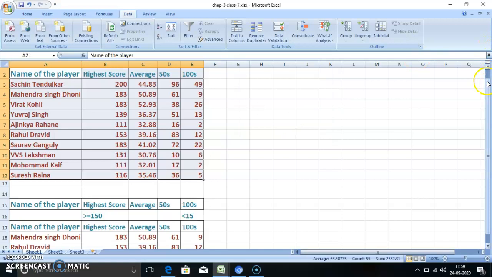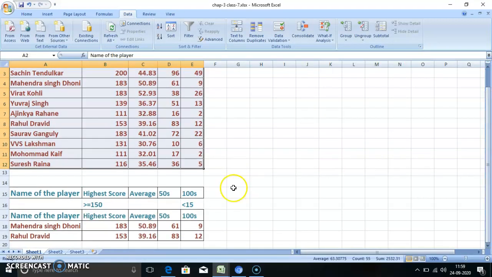Now you see what your result is here. Mahendra Singh Dhoni 183. See the score. We will apply the condition that only the players having more than or equal to 150 score are shown. Now see here, more than 150. I have highlighted this so that you can see more clearly.